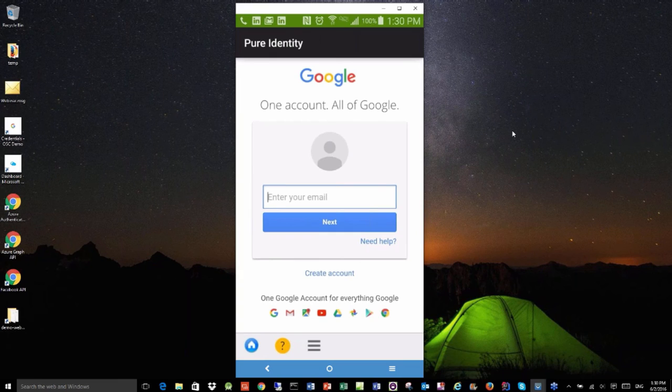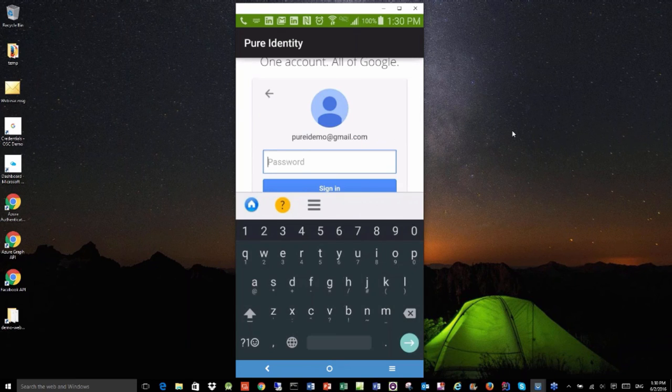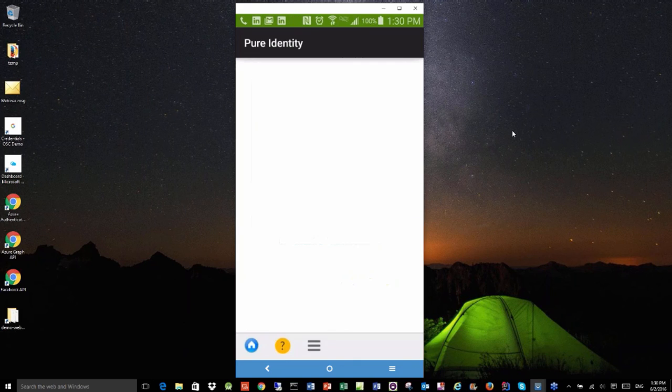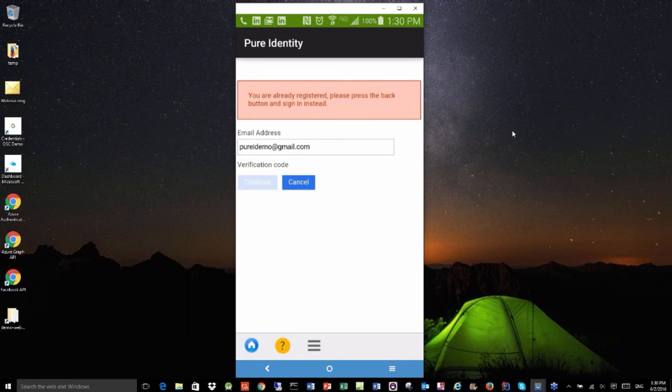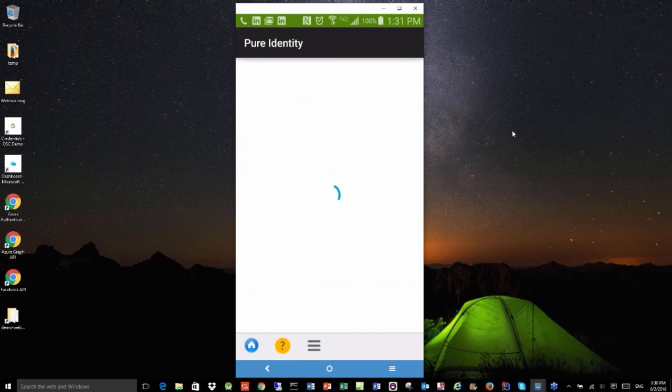So very quickly, just for the demo purpose, let me put in something I already created. Let me put in some testing password here. Okay. And the password's coming from, is this doing OAuth? No, this is a Google account, so we're using Google authentication. This is the Google username and password. I'm trying to sign up, but this account has already been registered, so I don't need to do the sign up anymore. But this just shows you the concept. And then you can sign in